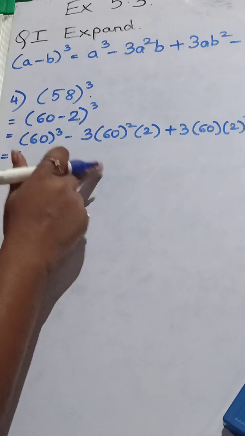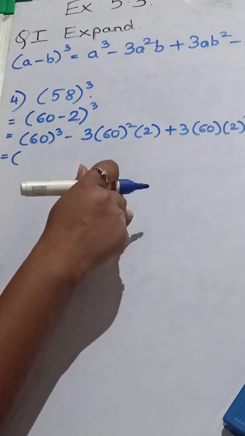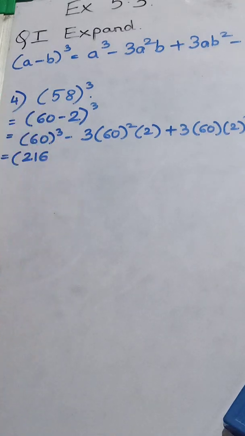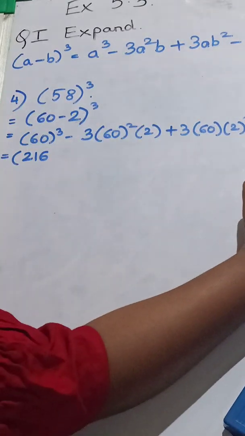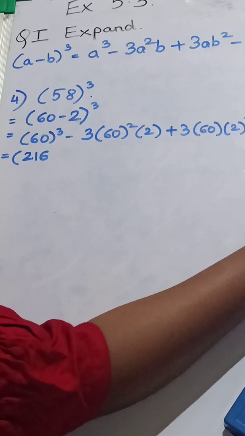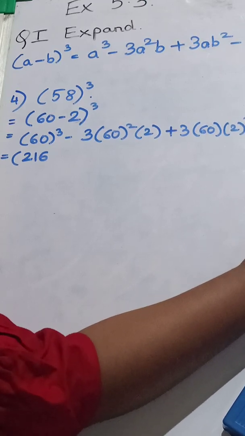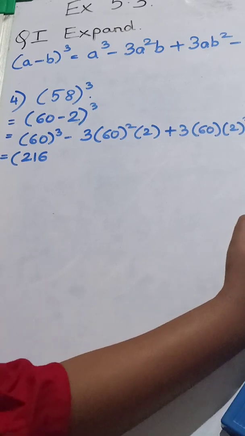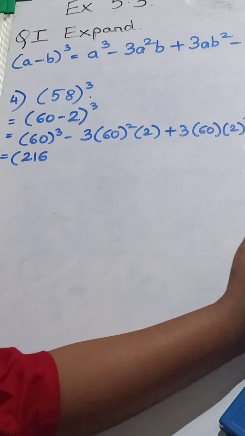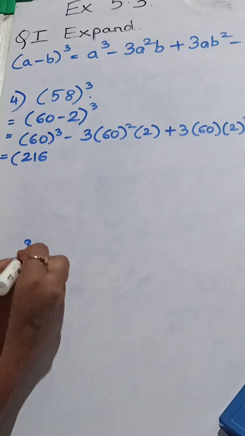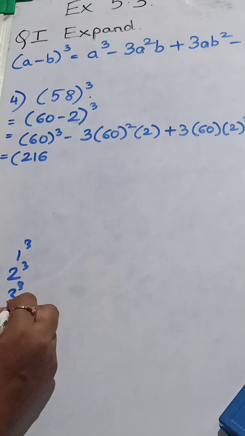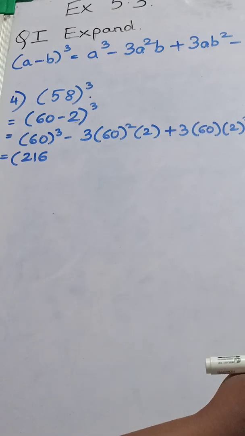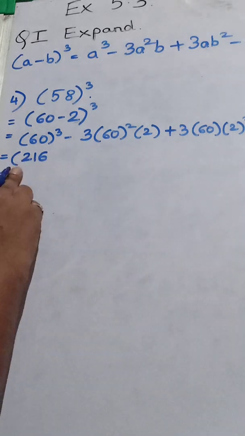So for opening the brackets, we need to start solving it. 60 cube. 60 cube means 6 into 6 gives us 36 and 36 into 6 gives us 216. For example, I'll just show you here. 6 multiplied by 6 is 36. 36 sixes: 6 threes are 18, 19, 20, 21. See here. So I told you, you'll go on writing like this: square, cube, 3 cube, 4 cube, 5 cube, which is easy for you. Once you know all the cubes and all the squares, it's easy for you to directly write the answer.